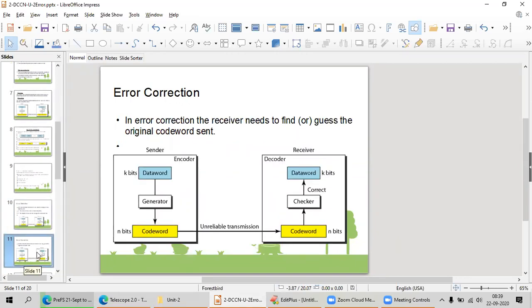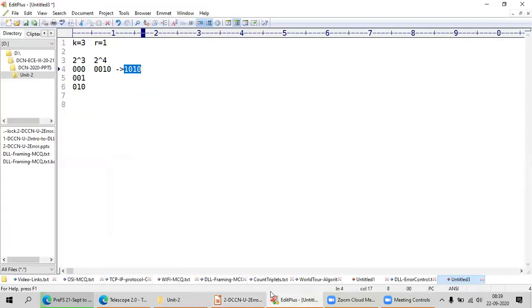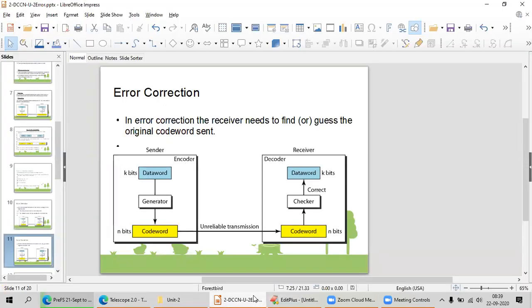Now, coming to error correction. In error correction, the receiver needs to find or guess the original code word. I have k bits, for example 3 bits. After that, I add the parity bit with the help of the generator.